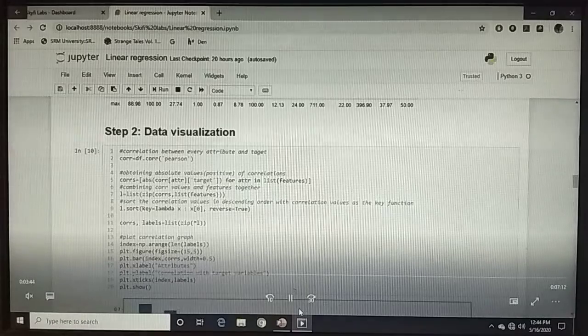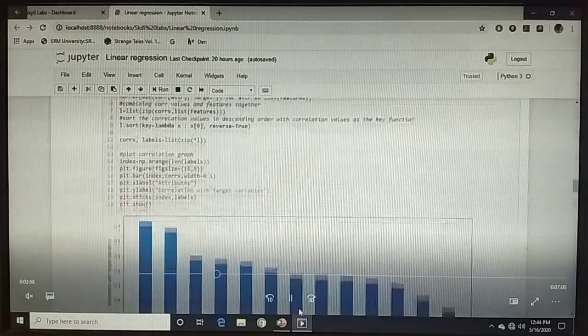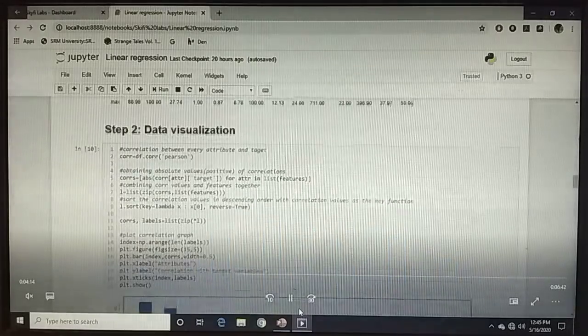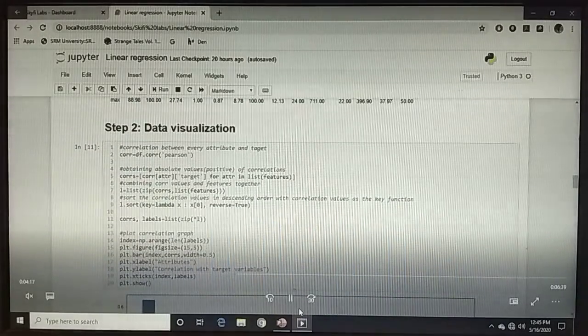I take the absolute value, so I will get all positive graphs, but if I do not use the absolute function, I can plot the graph with the negative values and positive values. For the correlation between the attributes, I can see the x ticks and the attribute on which the target value depends, and then RM is the attribute on which the target depends highly positively.